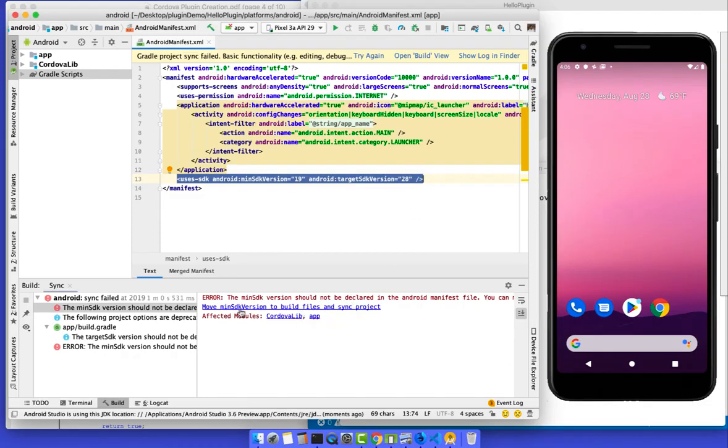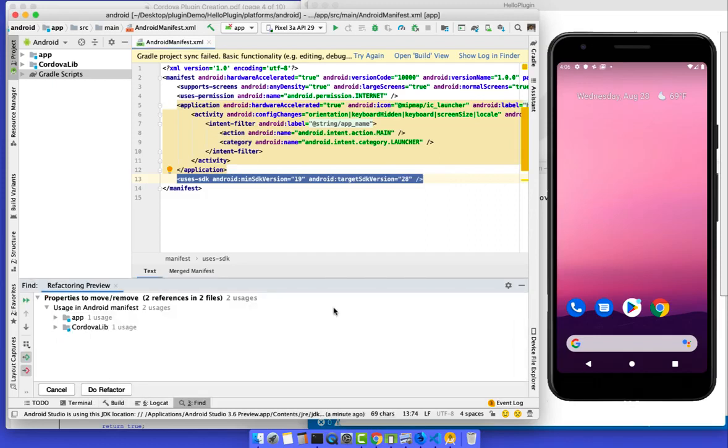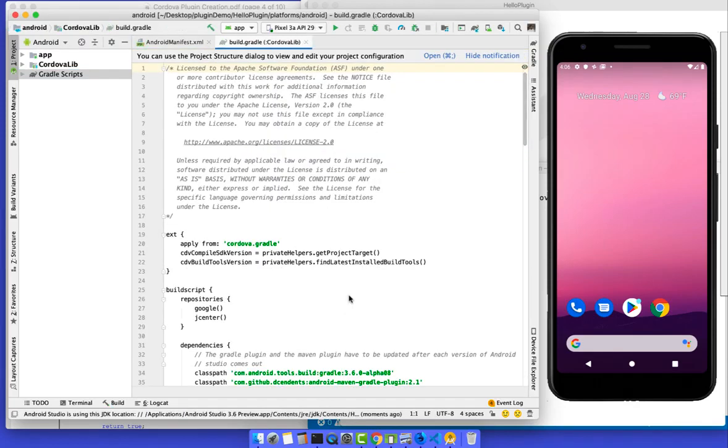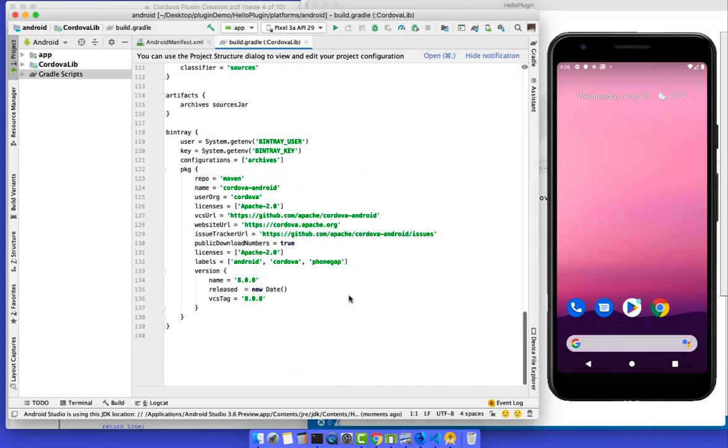Just click on move minimum SDK to build file. Once you click that, you will see two options, cancel or do refactor. You have to click on do refactor. This will refactor your Cordova application. I'll do refactor, and it will remove it from here. Now I think we are good to go.